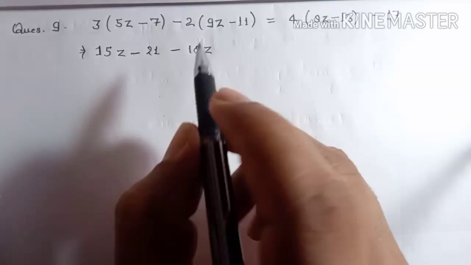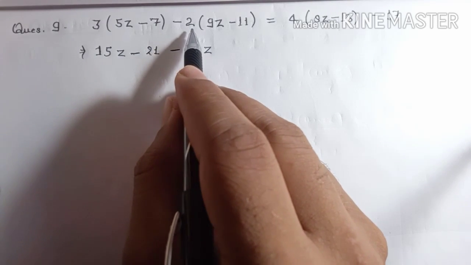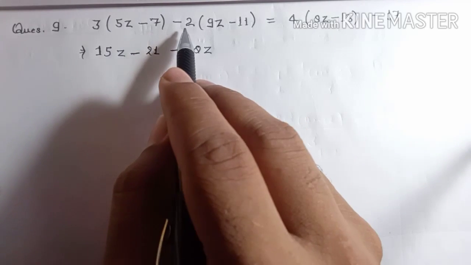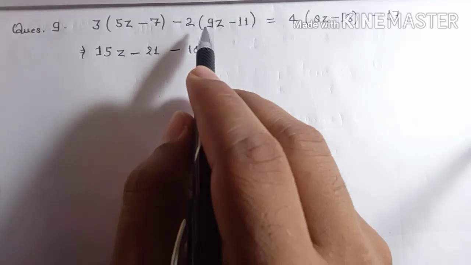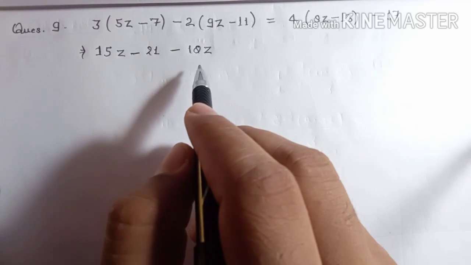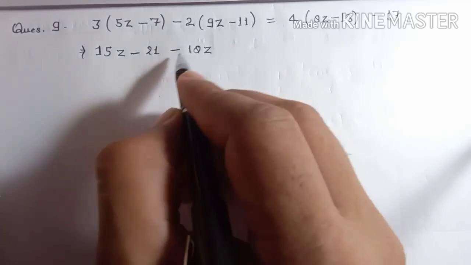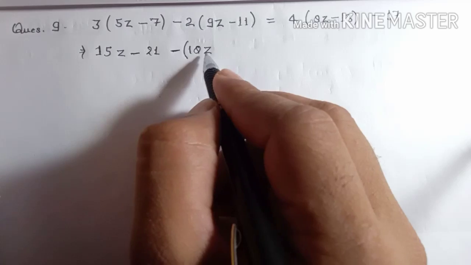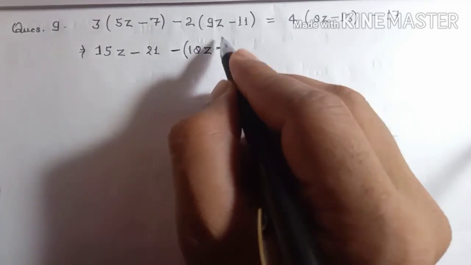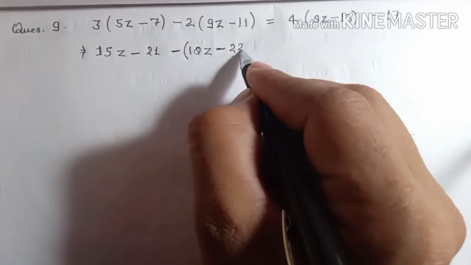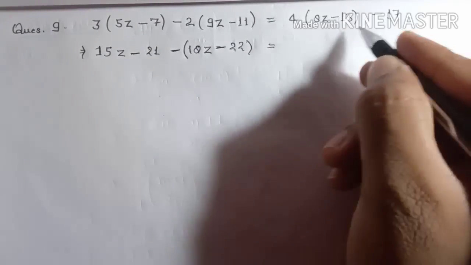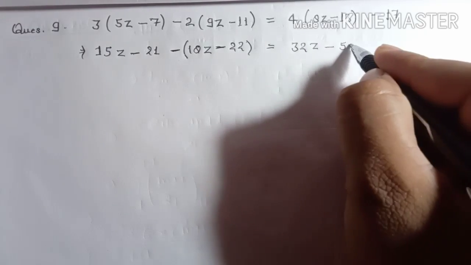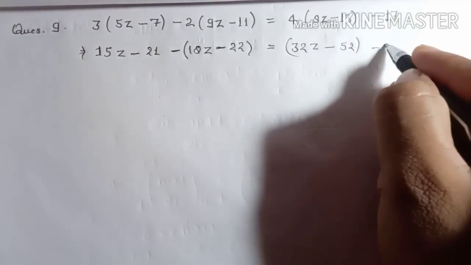Keep one thing in your mind here: while multiplying by minus 2, you are not multiplying by 2, you are actually multiplying by minus 2. And when you multiply by a negative integer, you have to change the sign too. So keep this negative sign outside, multiply by 2 inside: 2 nines are 18z, and it is negative here, so write it here, 2 elevens are 22, and go ahead. It is equal to, multiply this, 4 eights are 32z minus 52, and minus 17.